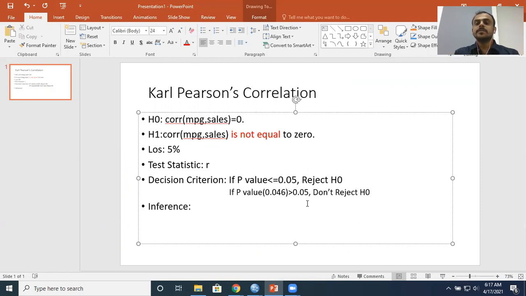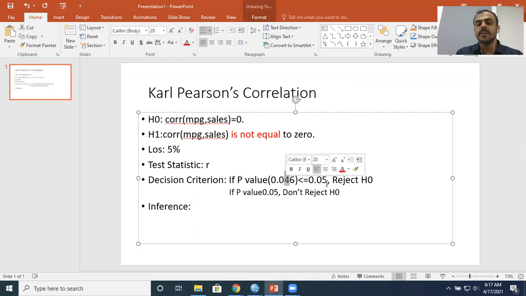Either it is smaller than 0.05 or it is bigger than 0.05. I clearly see that 0.046 is not bigger, so I can't write it here. I'll just cut this and paste it here. 0.046 is smaller than 0.05, correct? In the second decimal, you have 4 here, and here you have 5. So 0.046 is smaller than 0.05.